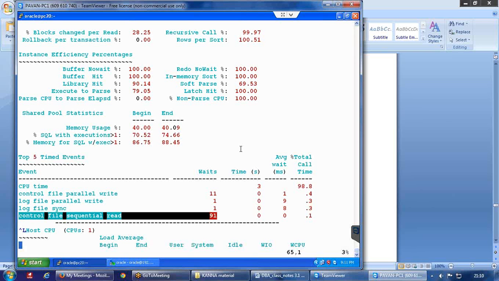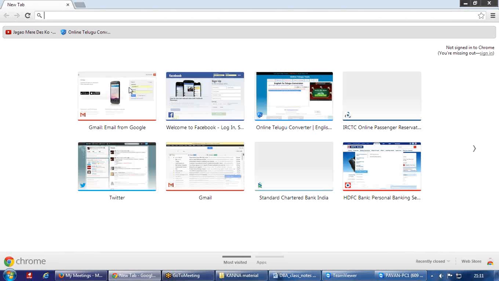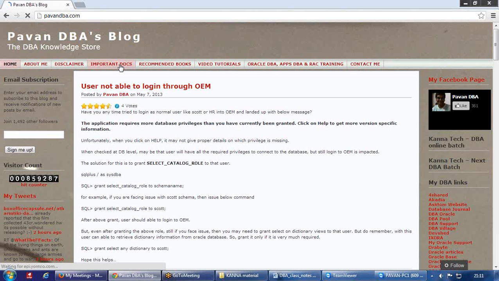Like this, as I said, there are so many wait events, and every time you need to go to Google and find out the reason and the solution also. Or apart from that, I have some documents in my blog. I hope everybody knows that, powerbda.com. If you go to my blog, you will see a tab called Important Docs. Once you click on this Important Docs,